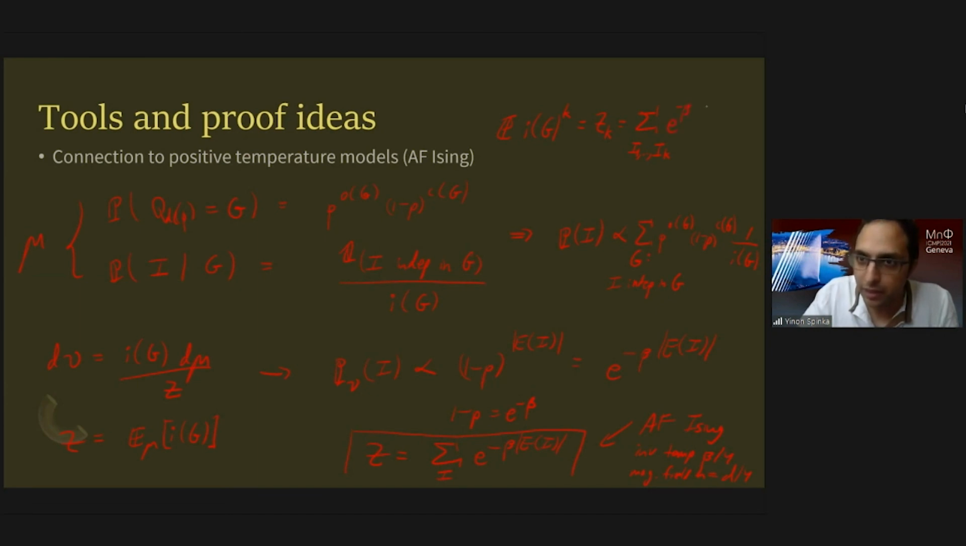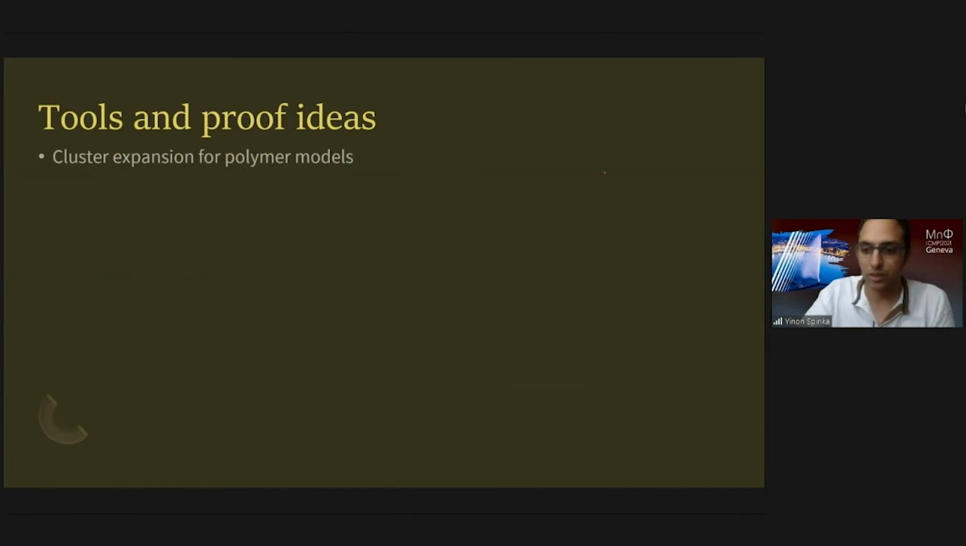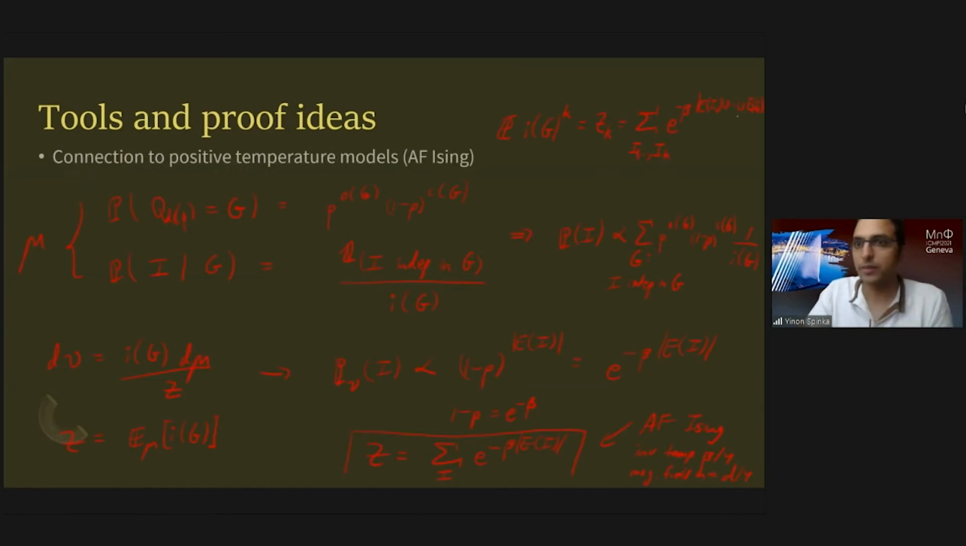But we have here e to the minus beta times the energy of the union I1 up to Ik. And what this means is that actually the energy across a bond is,